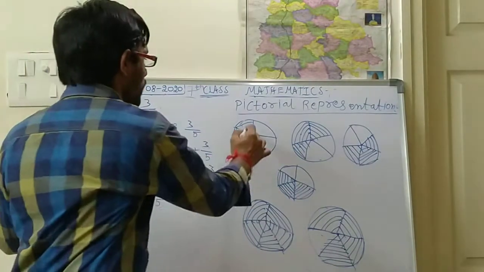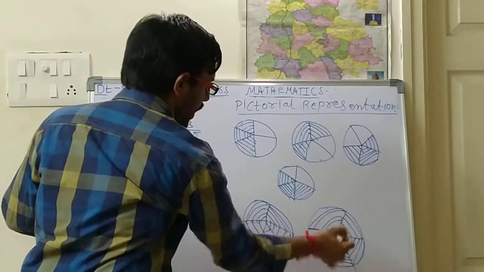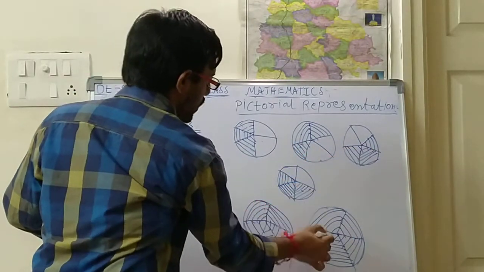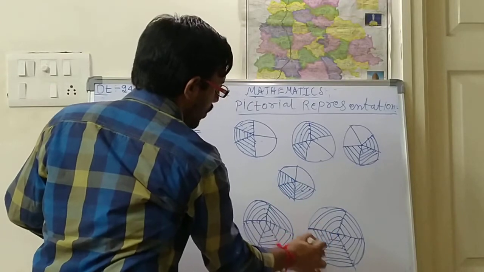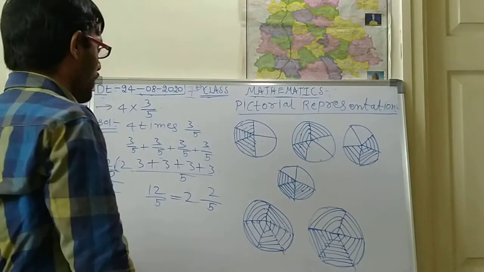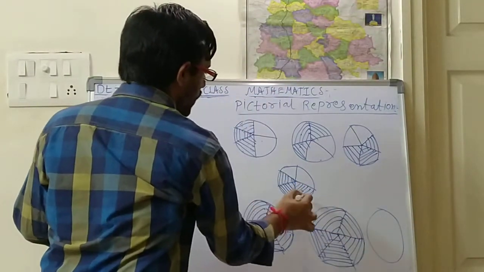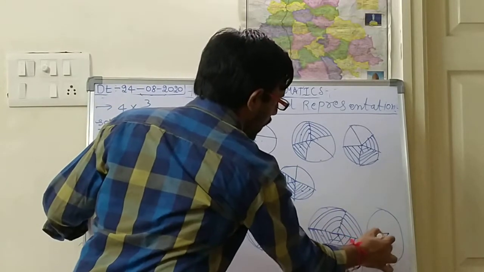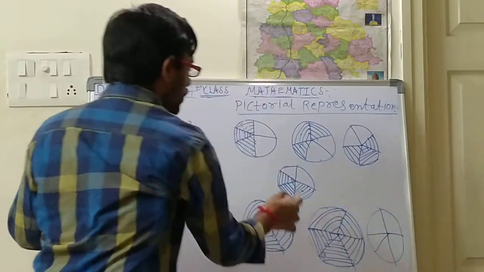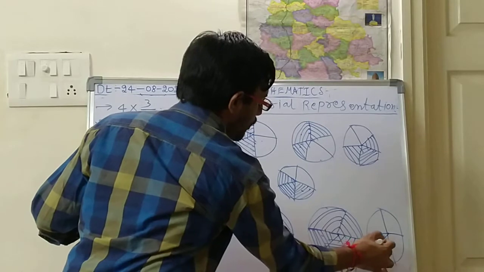Okay, next 3, 3, 6, 7, 8, 9. So 9 are completed. Next one more, so in this take 1. So two complete circles have been completed. Next, in the next circle, how many are still remaining? Two are remaining. So take again 5 parts, 1, 2, 3, 4, 5. In this, shade only 2 parts.